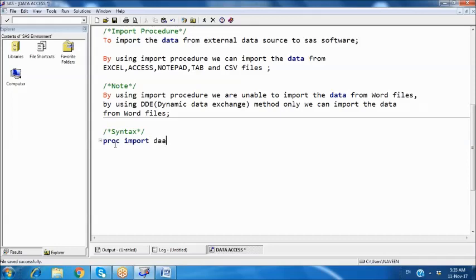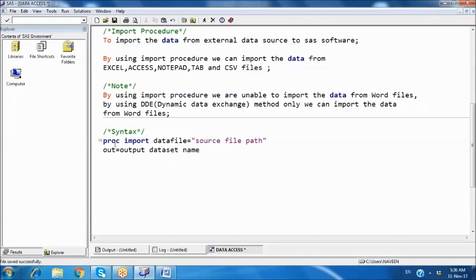Then the keyword is data file. So here we can specify the source file path. So here out, we can specify the output